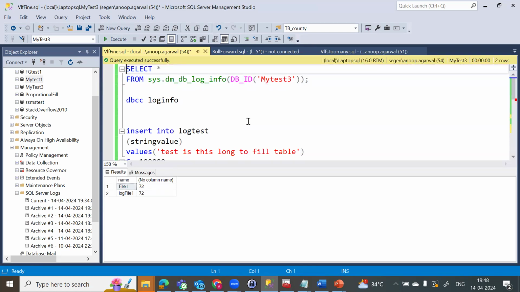Hello, Nick. Hi. I have a doubt. What is the difference between the log backup and virtual log files? Okay. So log backup is you're taking the backup of the transaction log, right? So the virtual log files are